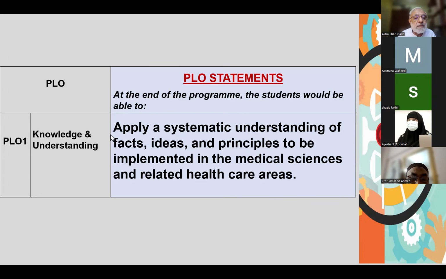And this is one statement about knowledge and understanding, and this is for a competent candidate. Apply a systematic understanding of facts, ideas, and principles to be implemented in the medical sciences and related healthcare areas. Now, if this is the statement for a competent candidate,